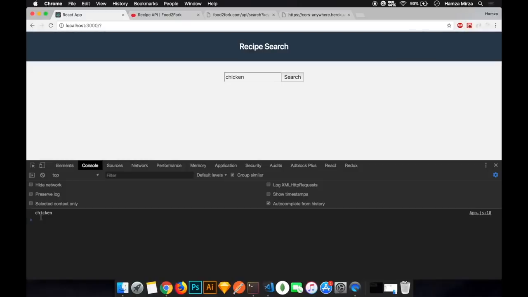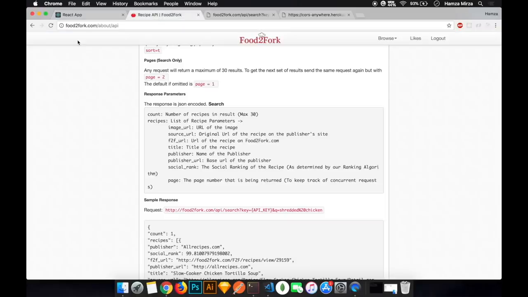Okay, now let's get into some more interesting stuff. We need to make an API call to a website, and then we are reading the data from the website and showing it in our web application. And what's the website that we need to make the API call to? Well, it's this recipe API called Food2Fork. That's kind of a weird name, but